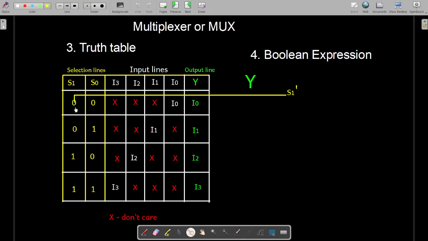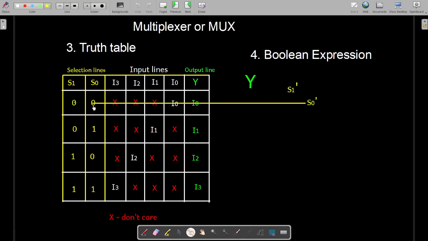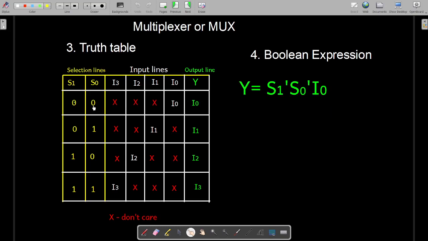S1 is equal to 0, so it can be written as S1 dash. Then S0 is 0, so S0 dash. Then I0 is written as such. So we get this as S1 dash, S0 dash, I0